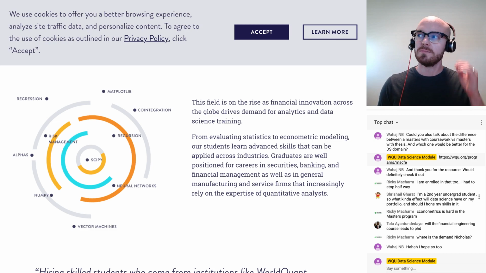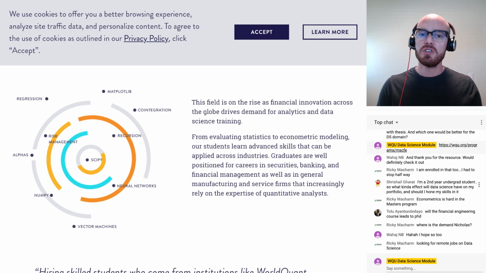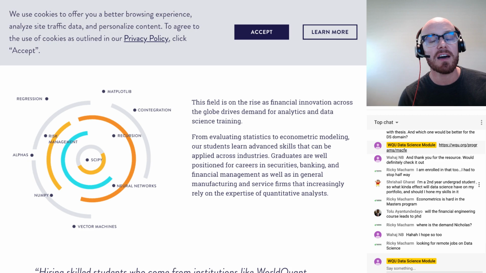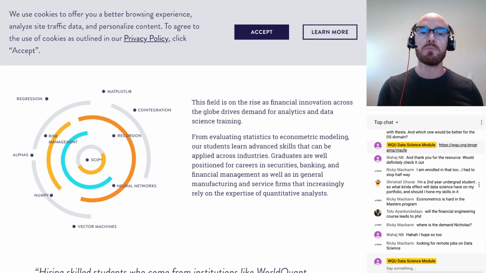So that's what I would say. If you want to go into a PhD, do your thesis. If you want to do something else, you can choose, but just make sure that you have some sort of portfolio to show possible employers.